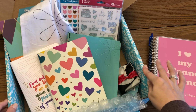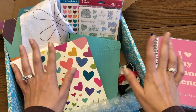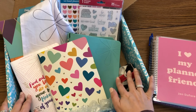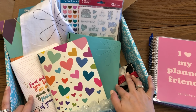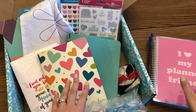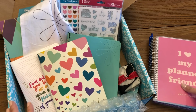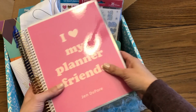I'm super excited. This is all part of the Valentine's spring 2019 releases, and some of the stuff is already out. Some of it will be out in the next couple of weeks. But I have a whole bunch of it to share with you. I already opened the box and went through a few things to take some pictures and share. The first thing that caught my eye